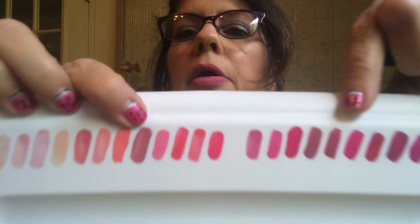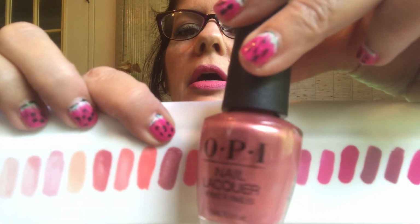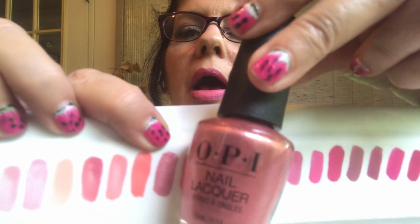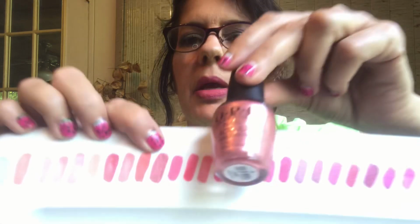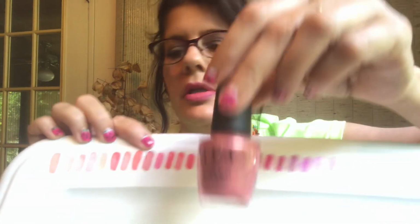right here next to the coral. That is Casa Melted in the Sun, and it's a high, high shimmer. Very, very pretty. Absolutely love it. Very, very peachy. Just gorgeous. Peachy, brown, pink goodness. Highly recommend Casa Melted in the Sun. And I just bought that last summer, I think, for a summer shade, so pretty sure you can still get